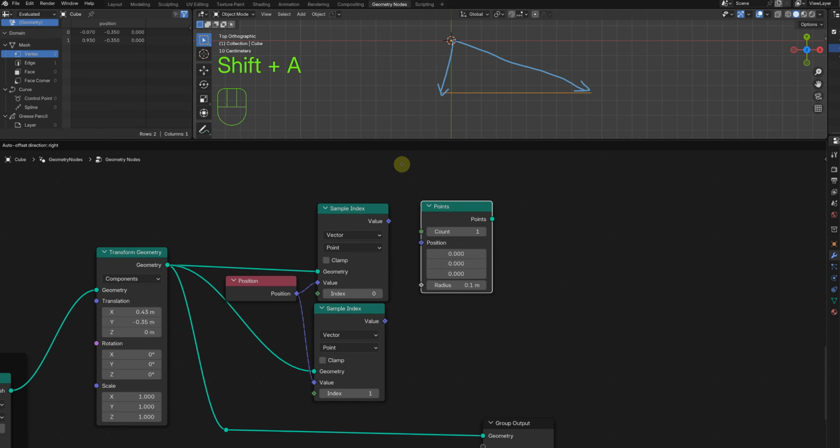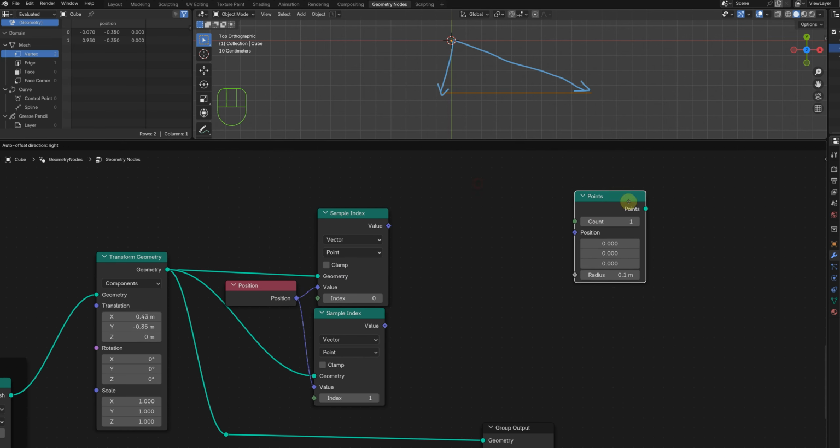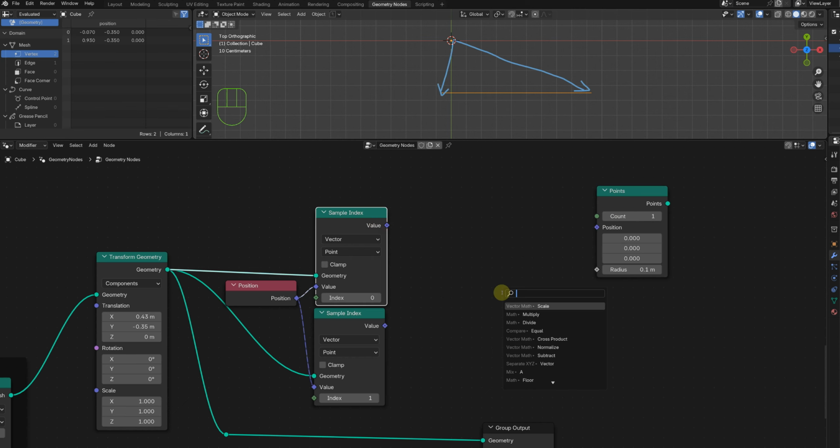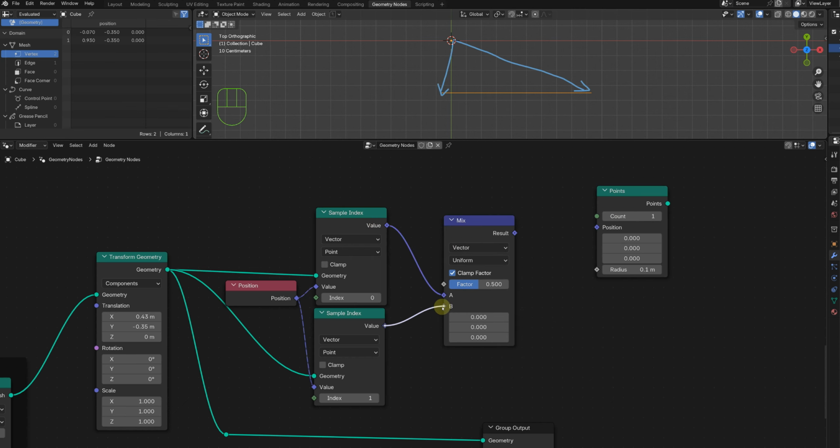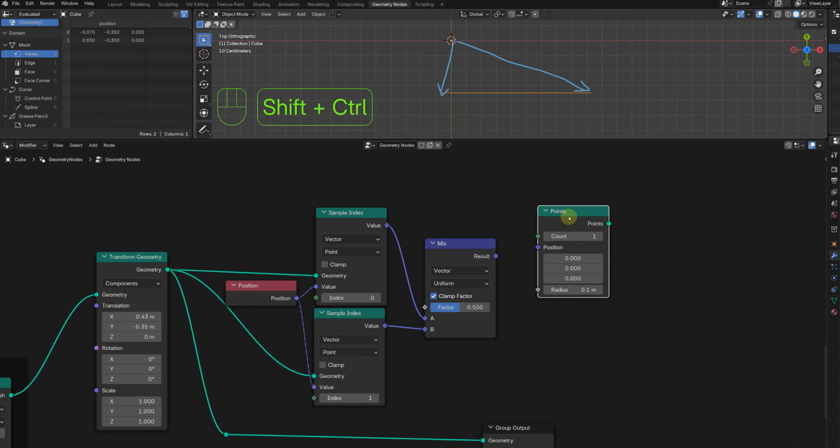Then we use those positions and plug them into a mix vector node to set the position of a new point, which we create using the points node. This mixing method is the core principle of this entire mesh workflow.